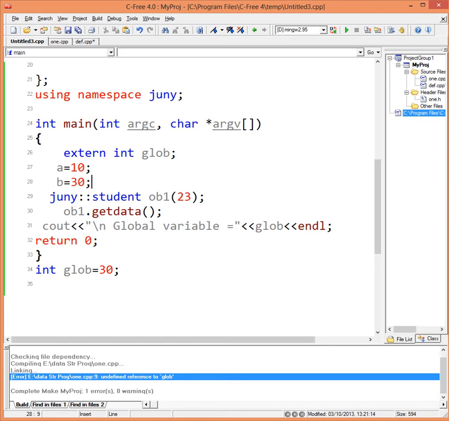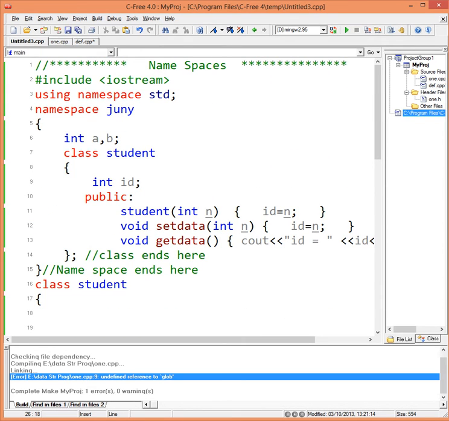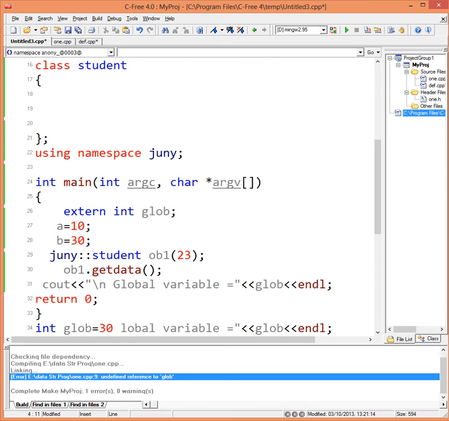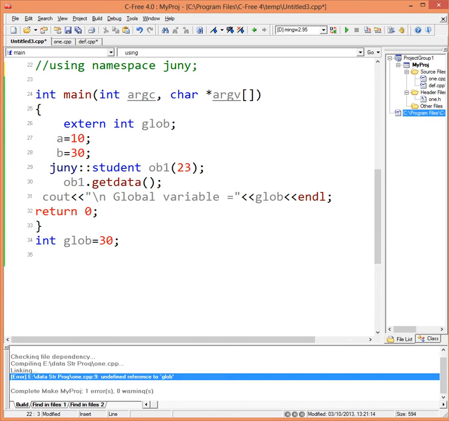If you put something in an unnamed namespace, where I don't put up the name here, then this will become an unnamed namespace. Say for example, in my file I created a namespace Juni, but now I'm saying namespace only, nothing else. Now this namespace doesn't have a name, and I don't use the using namespace now because it doesn't have a name, and I don't need Juni anywhere now because Juni is nowhere. I don't have the name Juni, and if I give it a go,